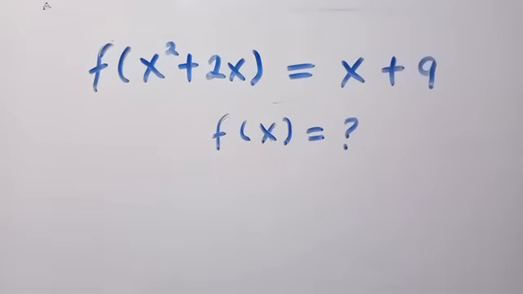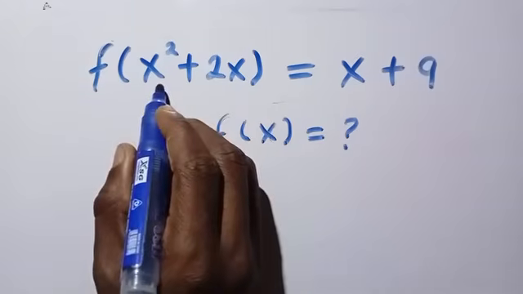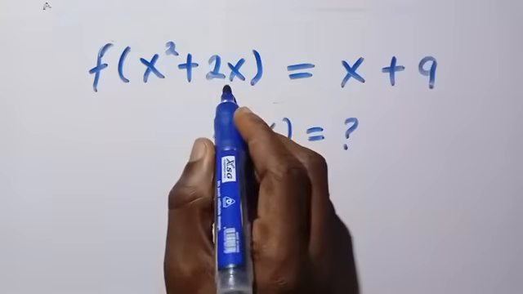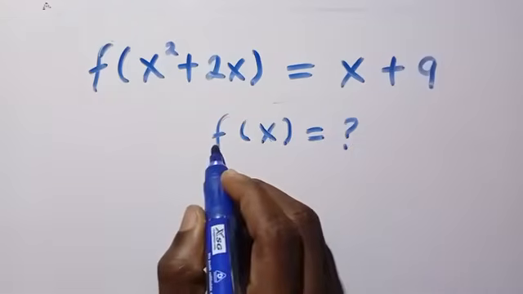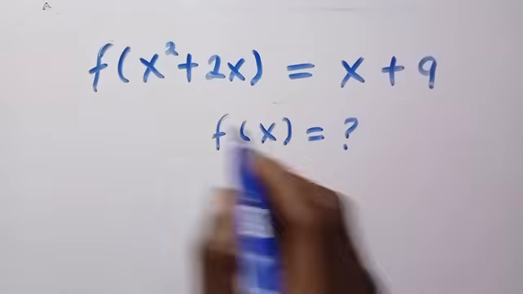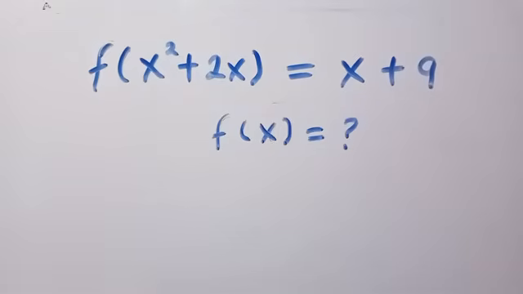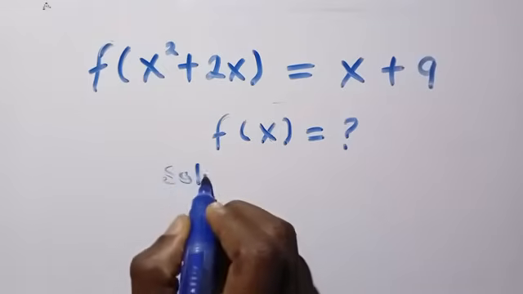How to solve these nice functional equations? We are given f of x squared plus 2x equals x plus 9, and we want to find f of x given this function. So this is very easy to solve, as when we consider the solution first,